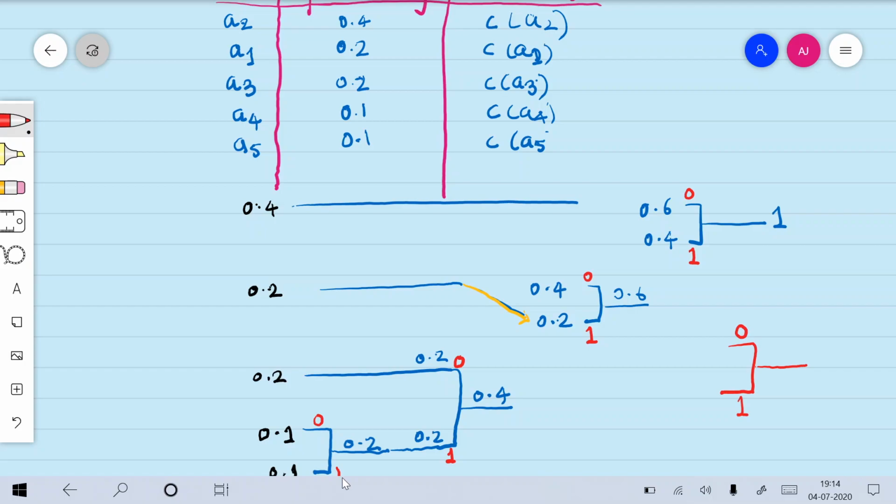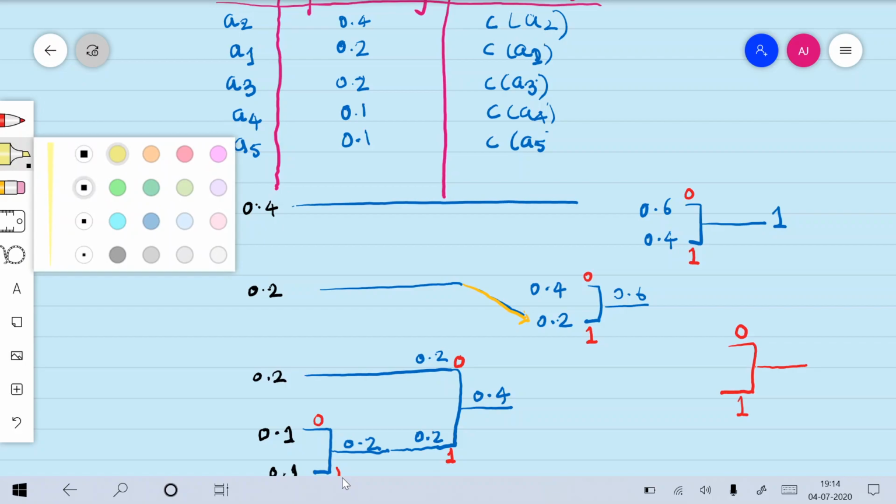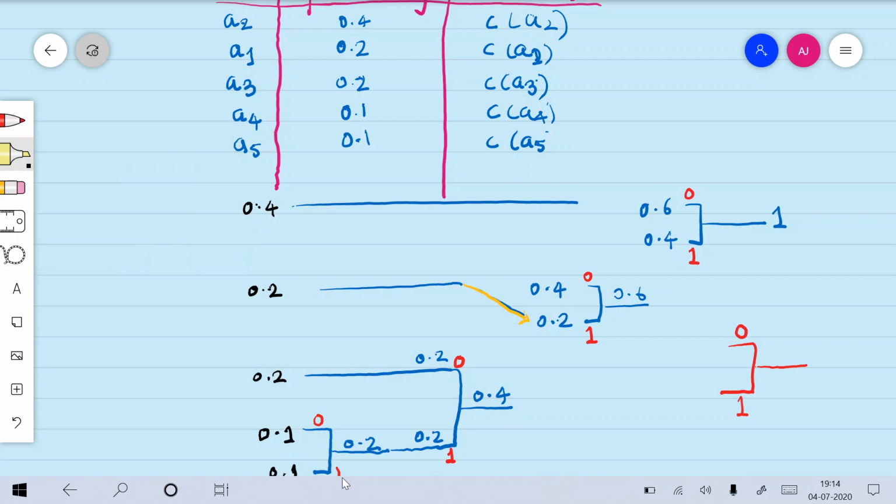The code you will write by moving from right to left. Let me take a highlighter now and see if it works. If we are writing it for the 0.4, we have to travel this journey: this is the 0.4, then it was shifted down and came here. Remember that we have to write the code from right to left. So what is the code when I travel it? I can see only 1 here. So for 0.4 I will write the code as 1.